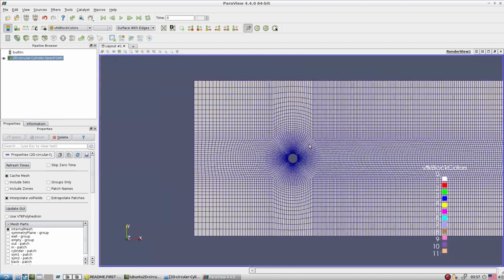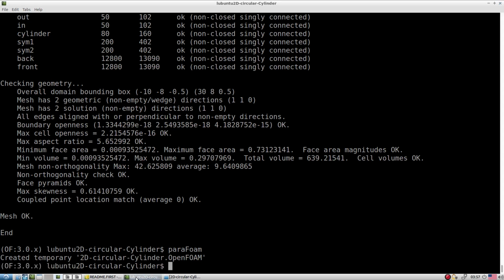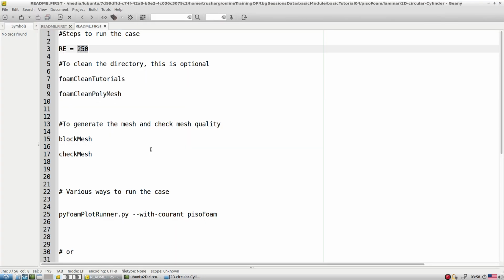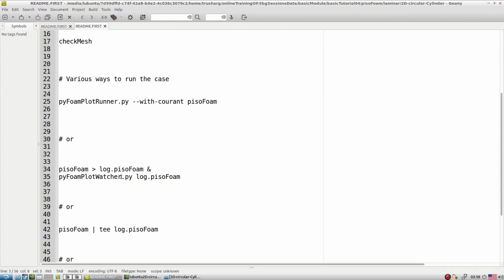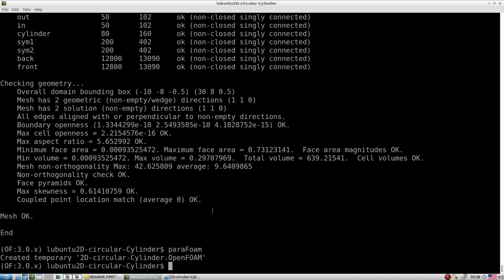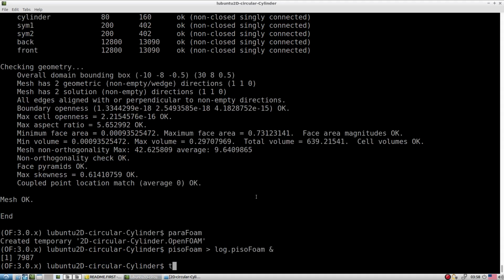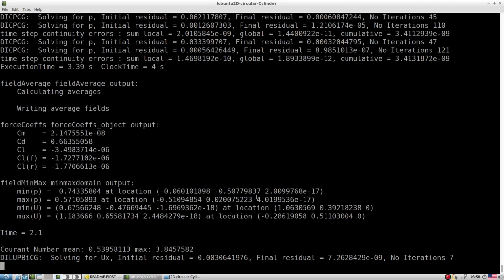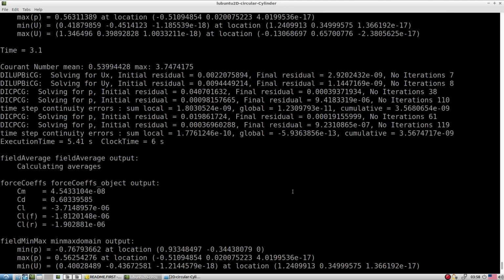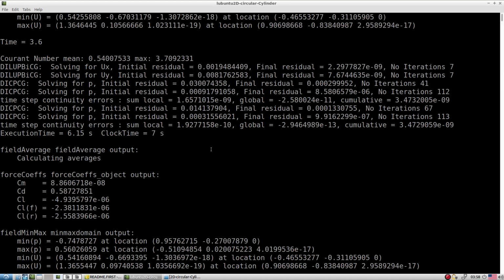Okay, so let's run it with the help of the piezo form, and let's fix the RE. So RE is 250 only. Okay, and we're going to explore very quickly the unsteady phenomena with the help of the piezo form. So quickly you can check the log file. So our Courant number is pretty high. Okay, but it is a very simple flow, so you're not going to die.